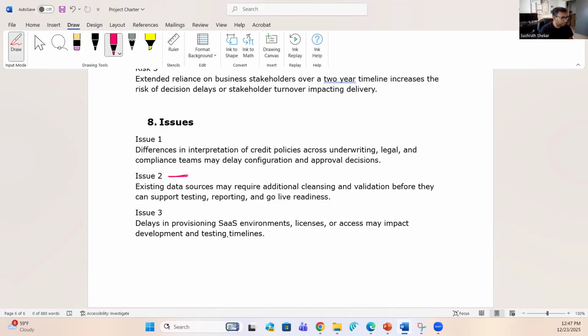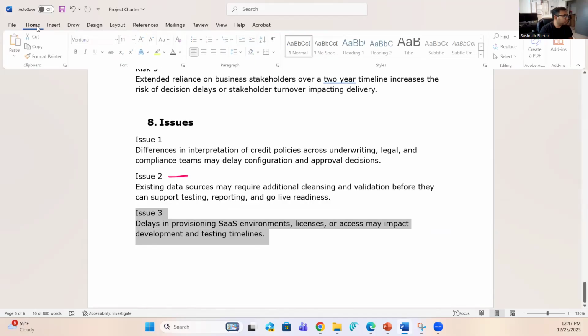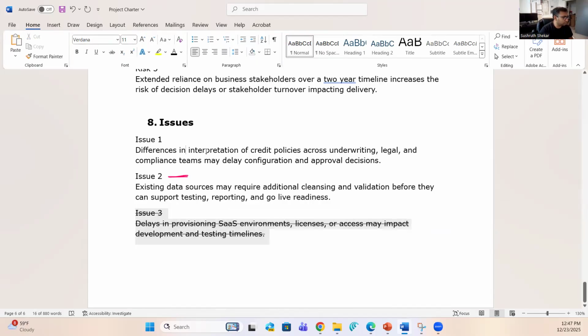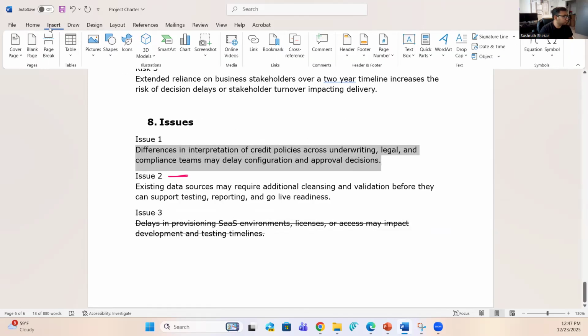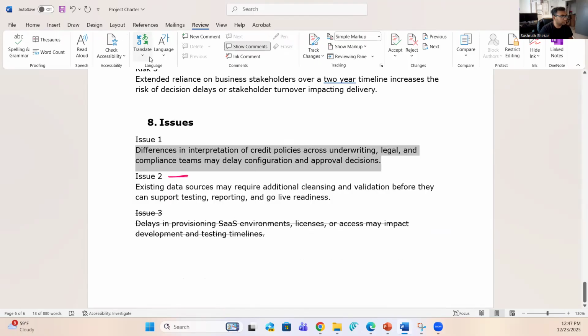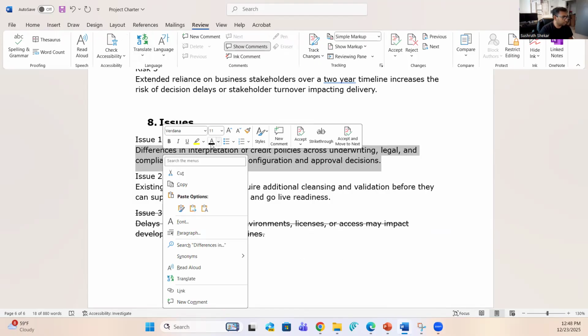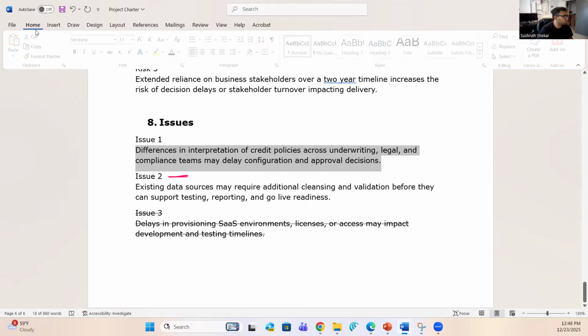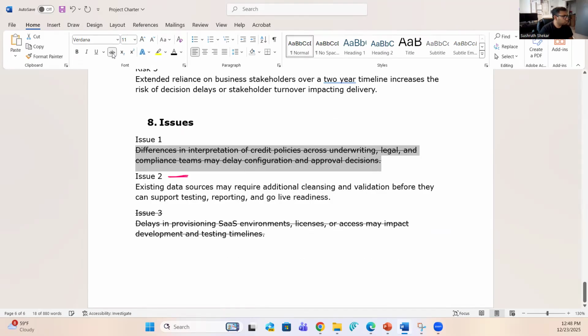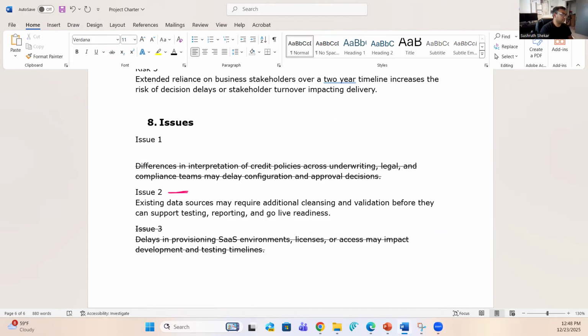Another example of an issue that I would like to convey: I would not call these items issues. So I'm just going to strike this off, right? I don't think they are very strong issues. So these two items I'm going to strike off, and then I'm going to come up with my own issue, which is